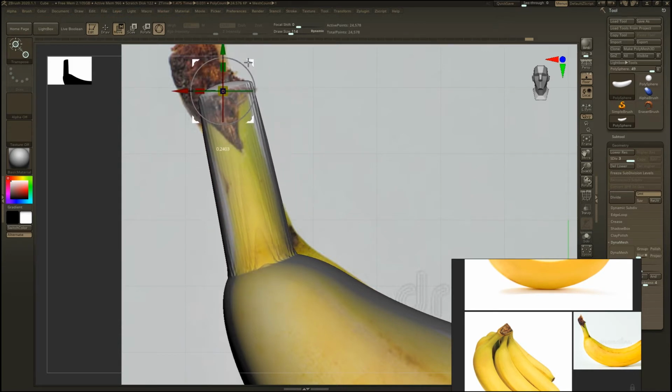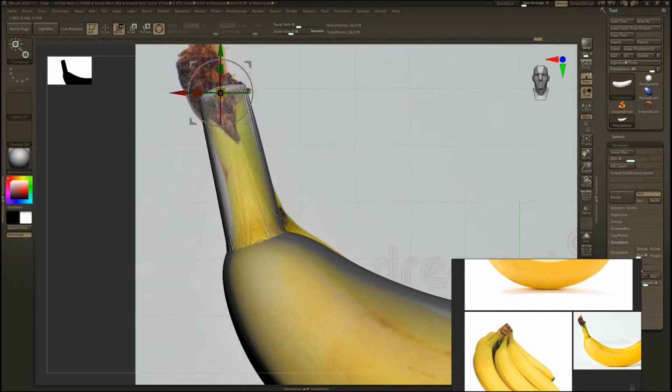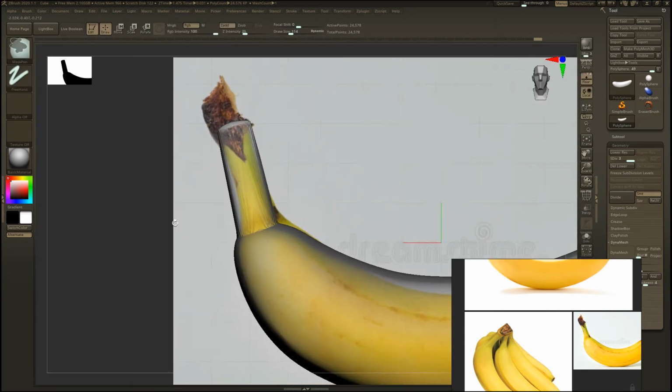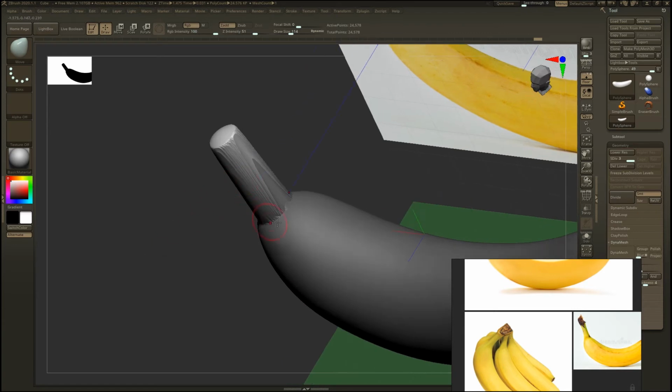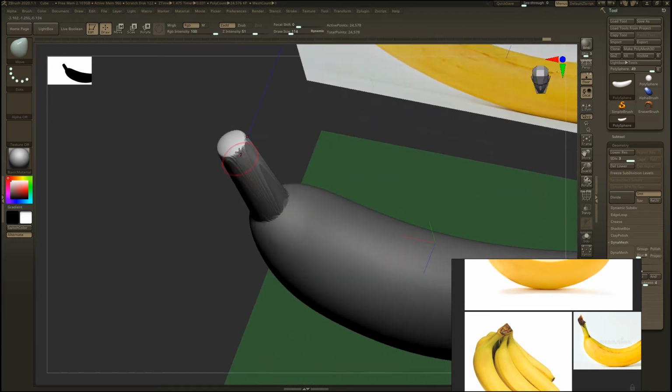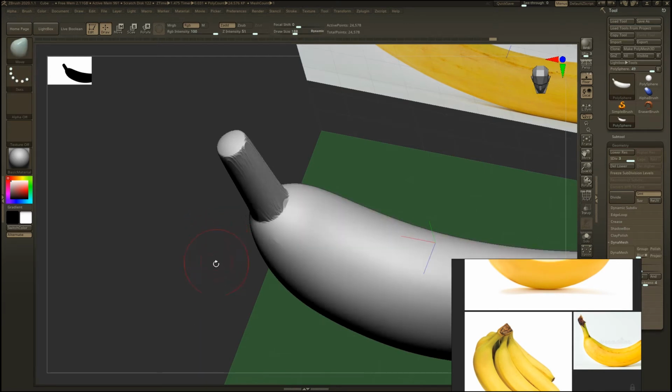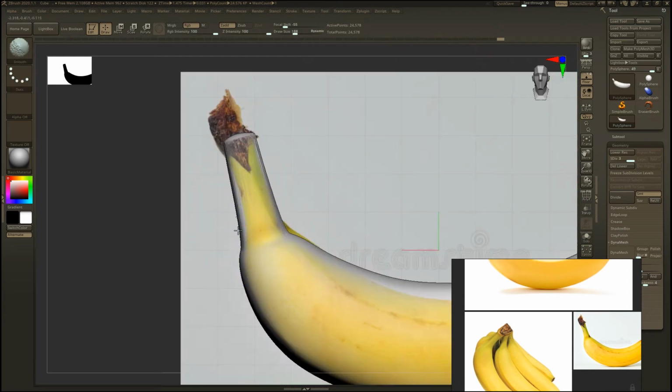Move it here. Now press T twice to come back to sculpting mode. Right now you cannot sculpt here as I masked, but you can sculpt on this unmasked area. Now Control drag outside the model to clear the mask. Now smooth it out with Shift to have a better transition here like that.